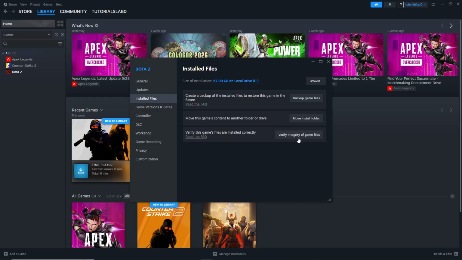Finally, click on Verify Integrity of Game Files. Steam will now scan all the game files and replace any that are corrupted or missing. This verification process might take a few minutes depending on the size of the game, so be patient while it completes. And that's it. You've successfully fixed the Steam disk write error by clearing the cache, repairing the library, and